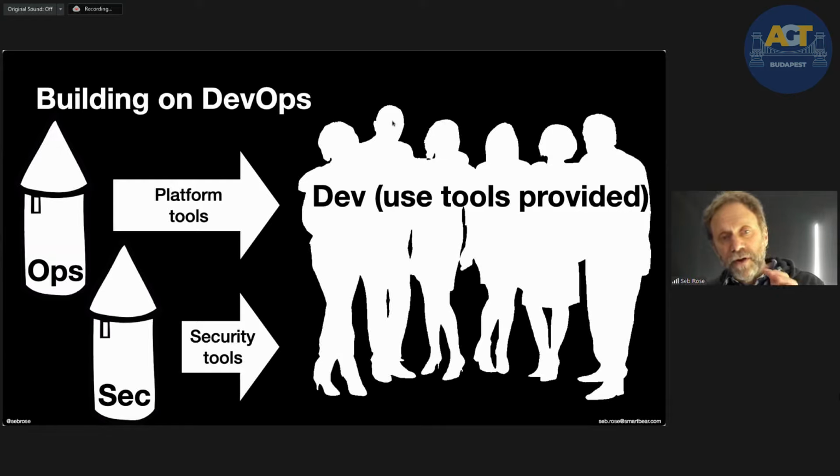This, however, shows a platform tool team with an arrow going just in one direction. So ops would be creating tools, security would be creating tools for the development community to use. And this, in English, we would call the tail wagging the dog. So the development team need help with the platform, with operations. They need help with security,